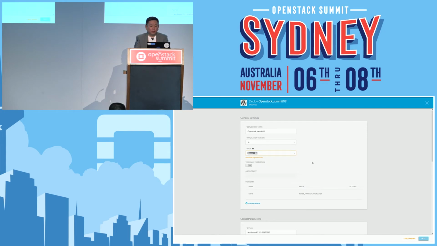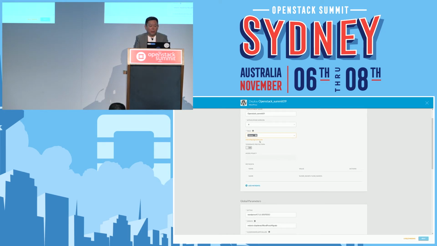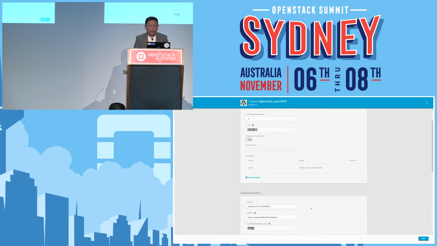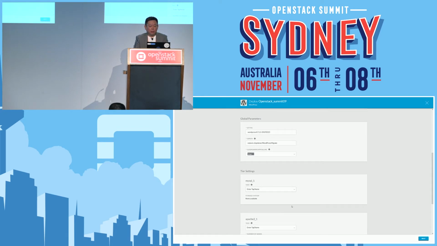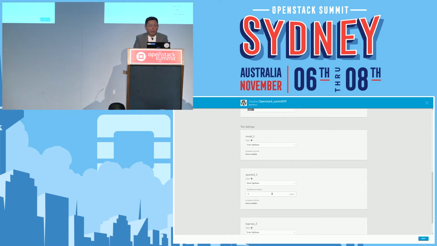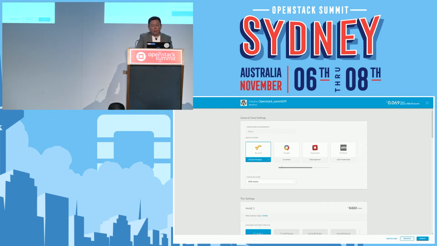So I'm going to use demo, right, so that's going to go and evaluate, and once it comes back, I can see all the parameters, right, MySQL, Apache, and here I can actually choose to have a different tag. If you're doing hybrid cloud, for example, having the web server in Amazon and maybe application server private cloud in VMware, you can actually do that. So I can say select a different tag for my Apache, right? But I'm just going to leave it as it is, and by selecting demo, I get OpenStack as a choice,